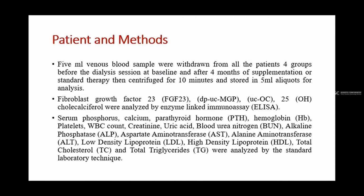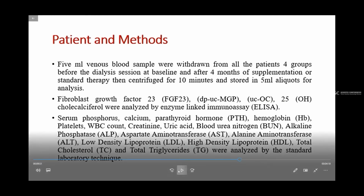Concerning the lab measurement, we took a 5 mL venous blood sample. They were withdrawn from all the patients of the 4 groups before the dialysis session at the baseline and after 4 months of supplementation or taking the standard therapy. Then these samples were centrifuged for 10 minutes and then stored in 5 mL aliquots for further analysis. We analyzed many lab values, including the fibroblast growth factor 23, MGP, uncarboxylated MGP, and uncarboxylated